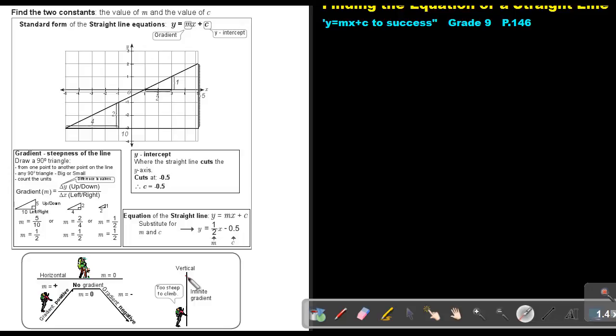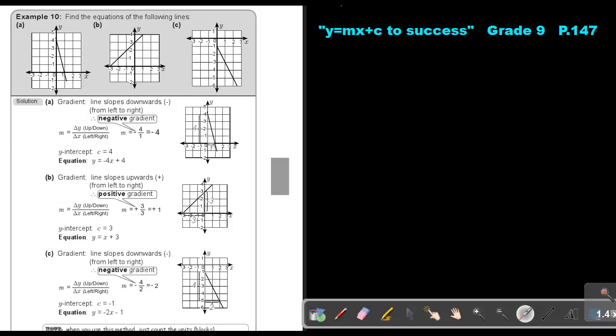Okay. So let's just go on. Let's look at a few examples. Now, if you look at this first example, the line is going down, so it will have a negative gradient. So you already write the negative. There is your triangle with 90 degrees. So this will be delta y, which is 1, 2, 3, 4. That's 4 blocks. And this will be delta x, which is just 1 block. So delta y is 4, delta x is 1, and if I divide it, it will be negative 4. That will be the gradient.